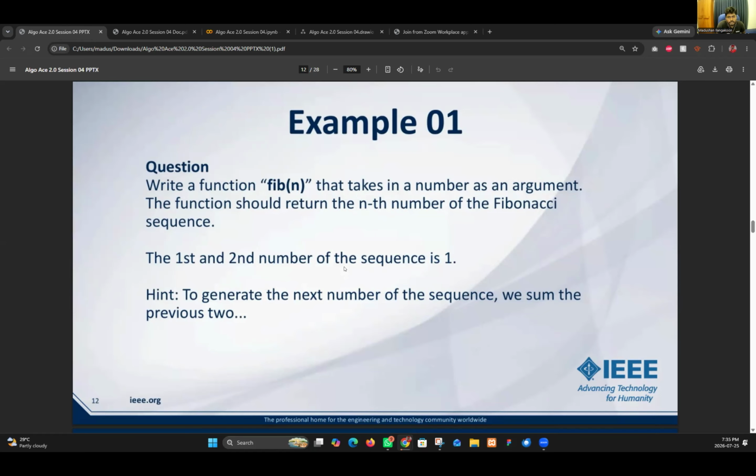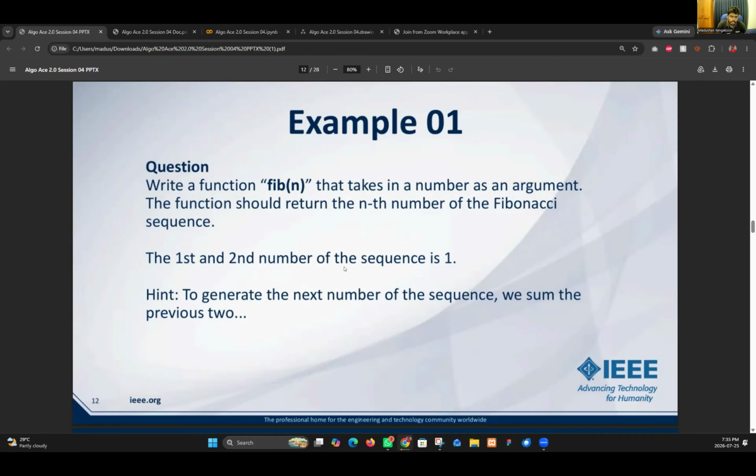The function should return the nth number of the Fibonacci sequence. It's okay if you don't know what Fibonacci is. The first and second numbers of the sequence are 1.